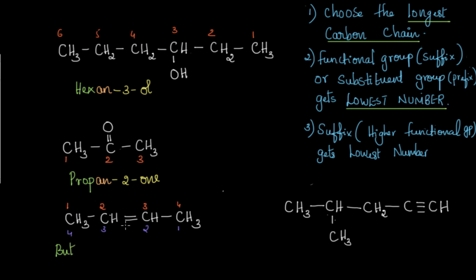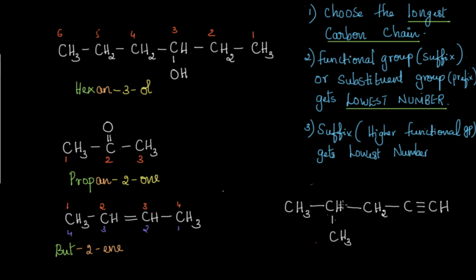Okay, here we have a double bond. So you can't write ane every time, right? Here you have a double bond, and now we have to mention the position of the double bond. You can see that the double bond is present between the second carbon and the third carbon. Which one has the lower number? You know that 2 is lower than 3. Therefore this becomes 2-ene. What if we consider from right to left? Again you can see that the double bond is present between 2 and 3. Therefore it will have the same name, but-2-ene.